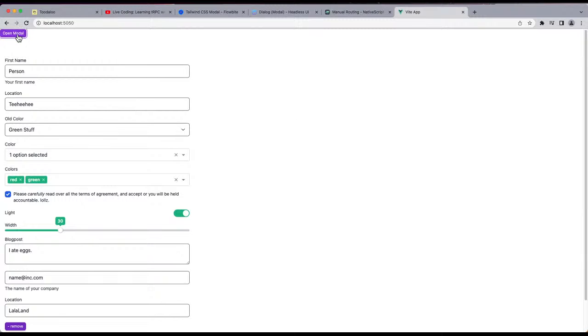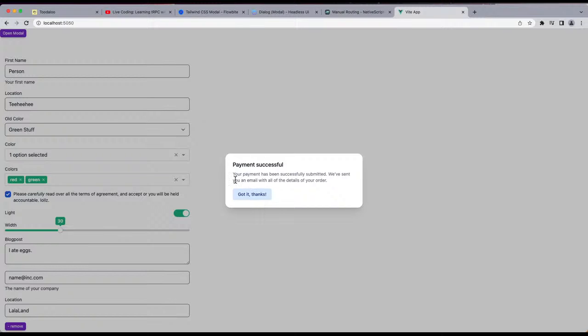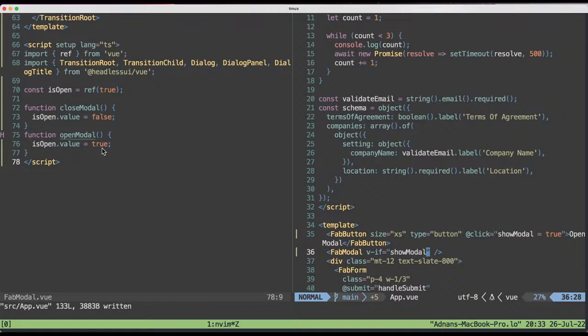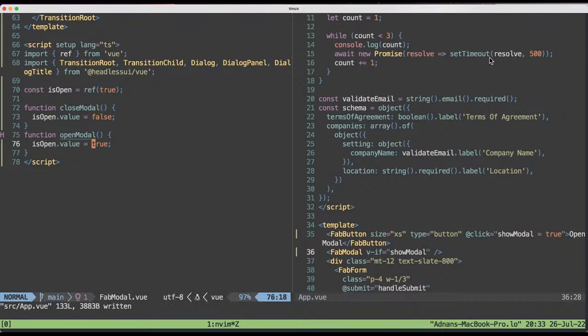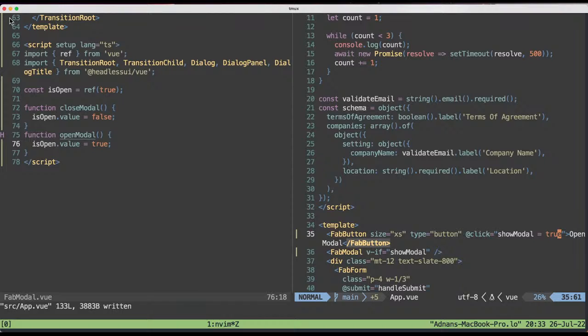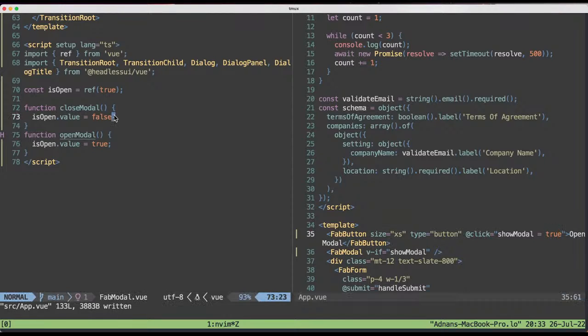So now this doesn't work because the closing of that modal doesn't set my state, so clicking it again doesn't work. But if I refresh and click, that works. So we have some hookup work to do here to make this consistent, right? Because the internal state of the modal should match the external state of the modal. I'm wondering whether I even want that. I do, I think I do, because